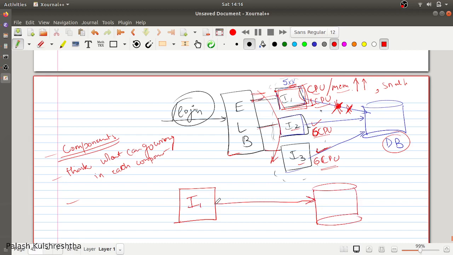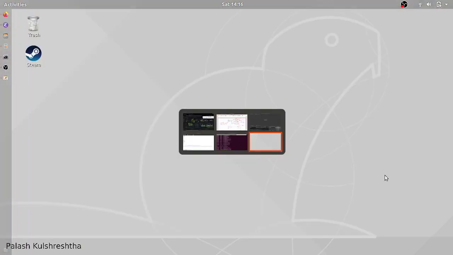This connectivity, instance I1 is connecting to port 3306. Okay, 3306 is the MySQL port on which the MySQL server is running, and we have to check connectivity of this port. So let's see how we are going to debug it.